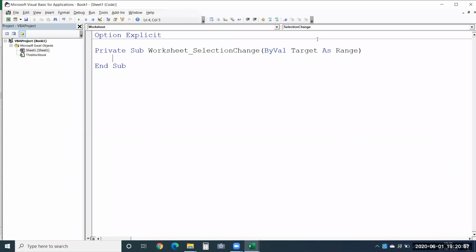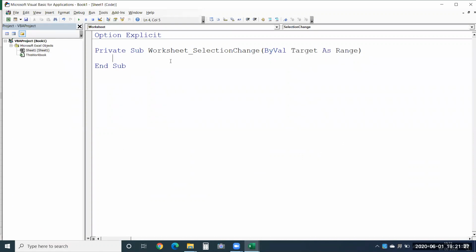So we have an inbuilt variable here, Target, as Range. Range is used to get applied on a single cell also. Even a single cell is referred to as a range in VBA. This Target is an inbuilt variable which will be used in the macro, and wherever you use Target, that is referring to the range that you have selected, be it a single cell or multiple cells.